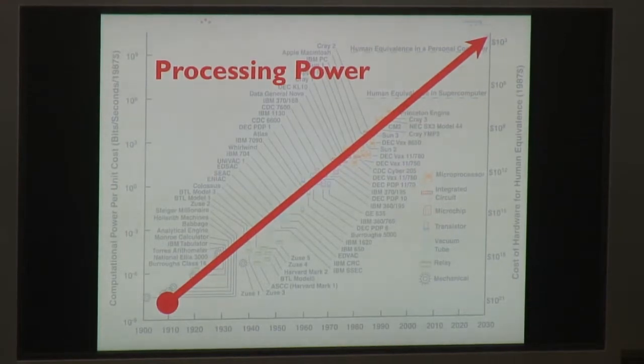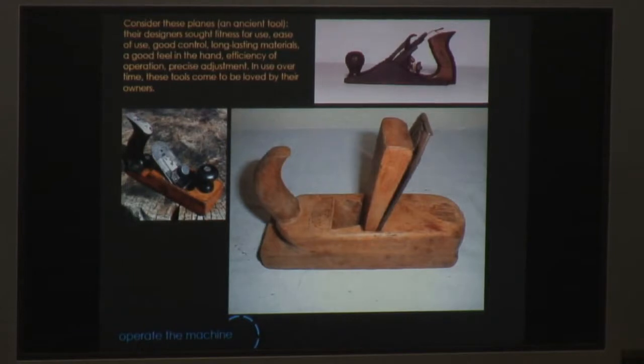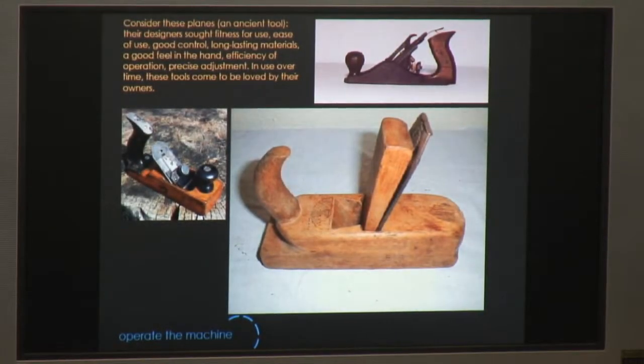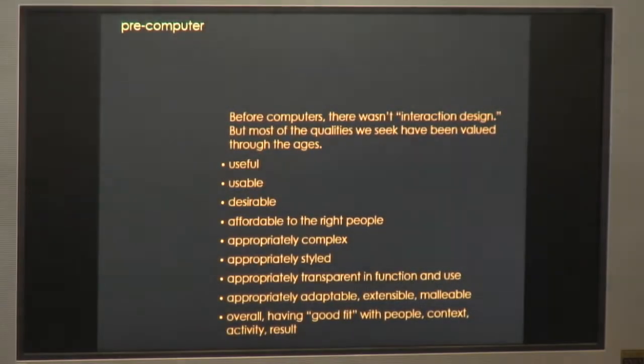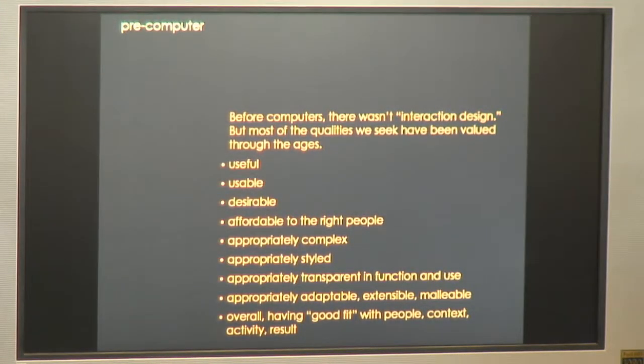So you've had this huge increase in processing power, and what that means is that it can now dramatically change how people interact with computers. So let's go through a brief history, and you can see that. First of all, in the very old times when people were using different tools, it was really about using tools that were designed for a purpose. Here's a plane for planing wood, custom designed and very efficient to use. Some of the qualities they have are that they're very useful, designed specifically for the right people, and have a very good fit to the people as well. So this is kind of pre-computer days.